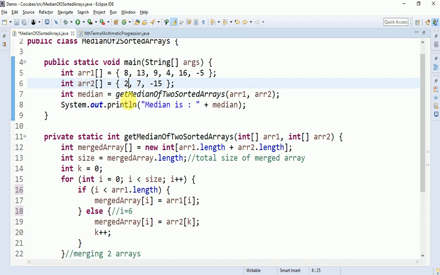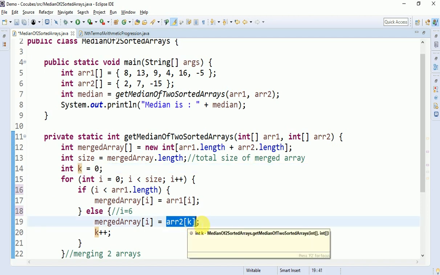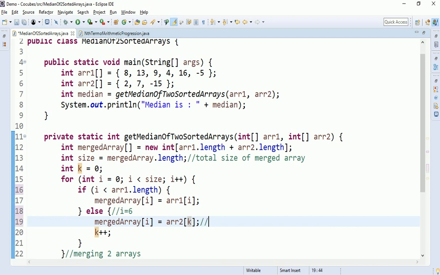If you want to put the array2 elements after that, you have to definitely do what? You have to make one more variable use. So that's why I have taken one more local variable k for the index of array2. So here I made it array2 of k. So nothing but this happens what?